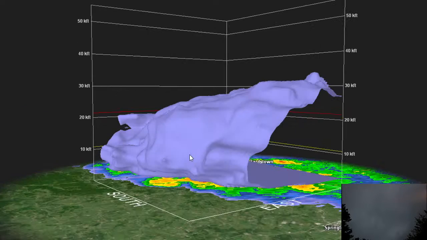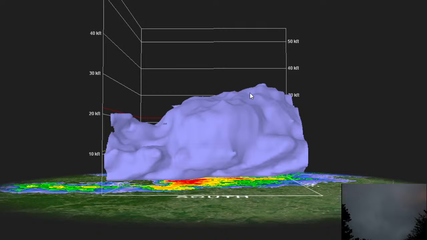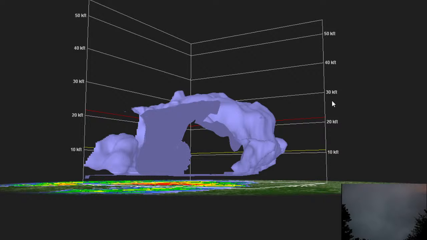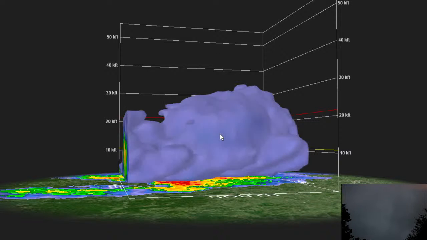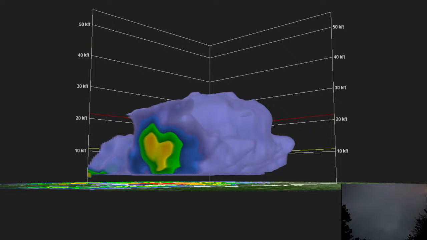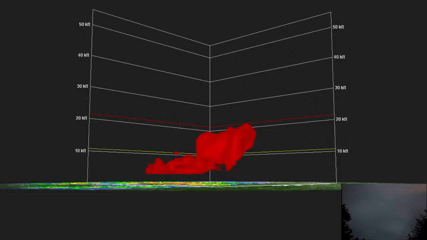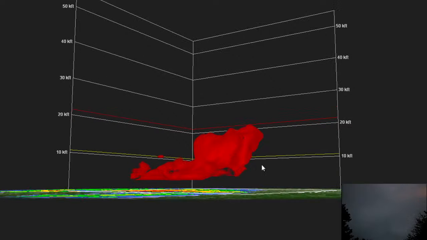All right, here's the lower reflectivities, the outer shell of that storm. It's pushing all the way up to 30,000 feet. And then here is the core, and then we can isolate this stuff all the way down to 50 dBZ. Now we have our upper level higher reflectivities up to 20,000 feet. Got the tilt of the storm, updraft, and